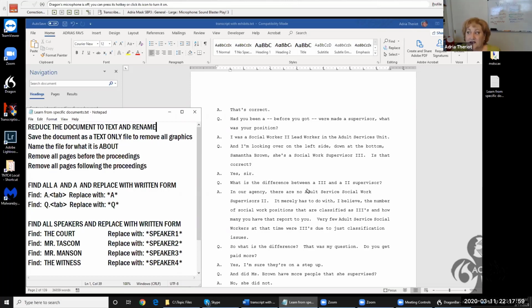We can even call it the witness, the defendant. Names are not important. But what it's about is important, because if you are about to do a whole list of audio files for one trial, let's say it was a drug interaction trial, where someone took a drug prescribed by a doctor, and that drug did something horrible to them, and so they're suing the pharmaceutical company, let's say. So what you want to save it as is pharma